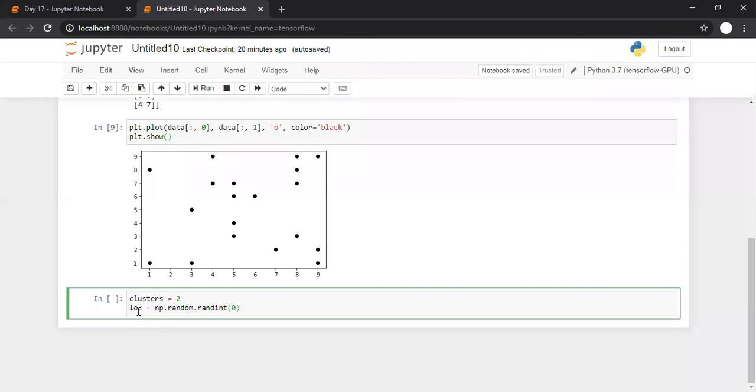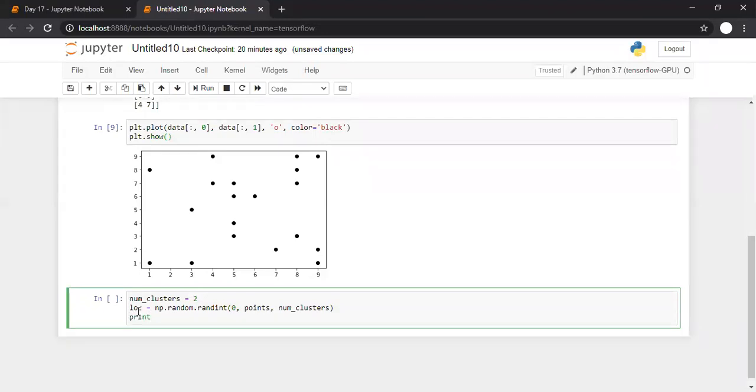I want to generate random numbers between 2 and points, that is 2 comma 20. And how many random numbers do I want? I want two clusters, which means there should be two cluster centroids. So how many random numbers I'm expecting is the number of clusters. I'll write it as num clusters. The number of clusters is 2, so I want two random points.